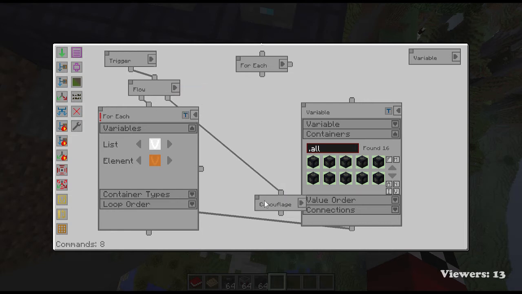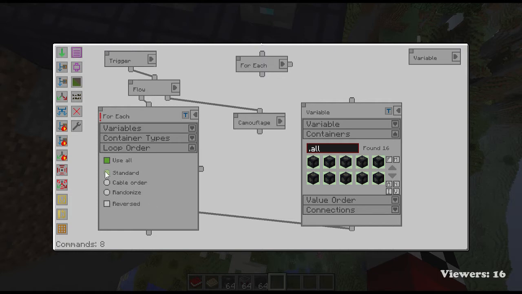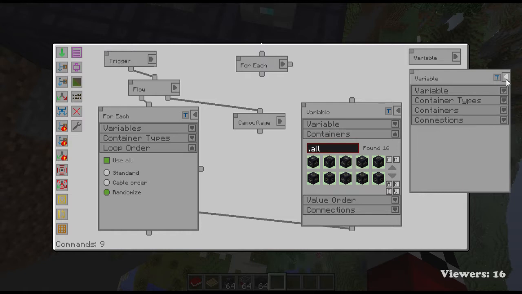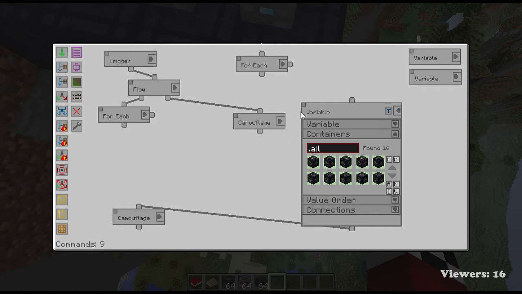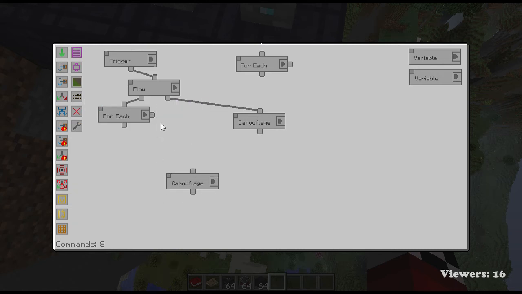Break this first. Well, we'll leave it connected. Container types, whatever. Loop order. Use all. Cable order? Randomize. Sounds fun. Standard? Reversed? I think randomized. That'll be a good one. Element hasn't been declared, so we actually have to do a declaration for the element variable, I guess. Variable orange. Okay. Types, whatever. Containers, whatever. Connections, whatever. Whatever. Get rid of this variable. We'll do a link to the camouflage for the loop. So for each one,